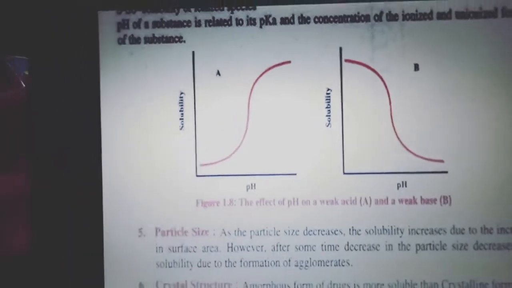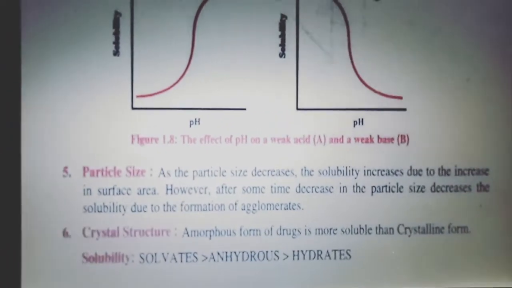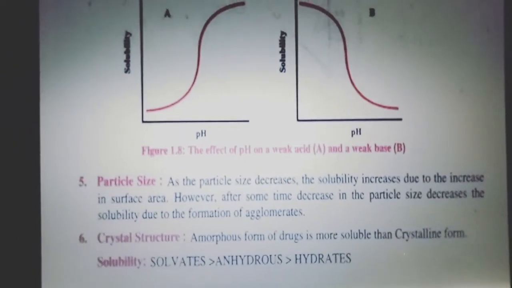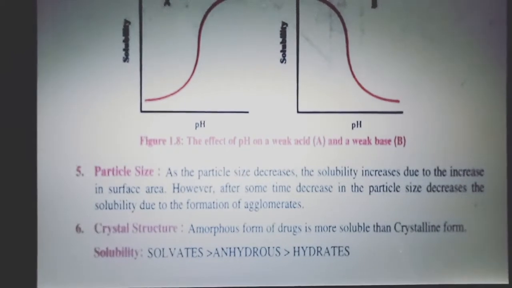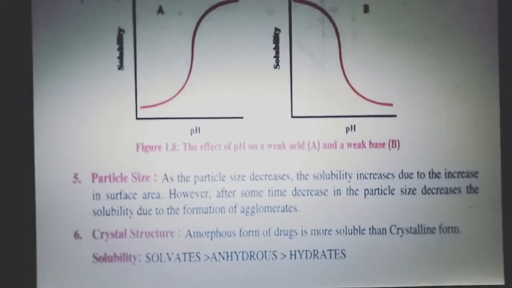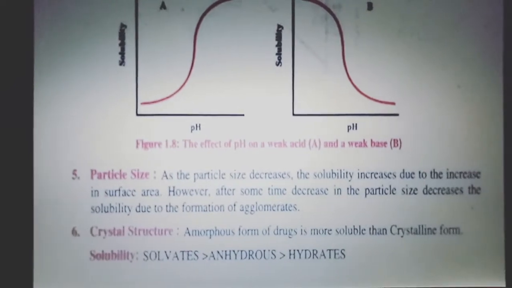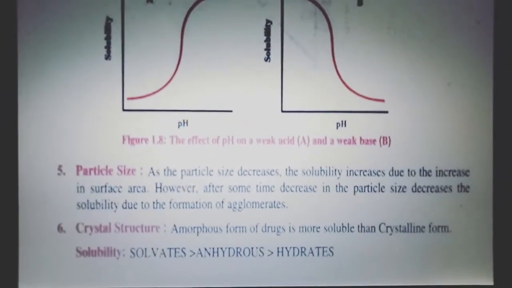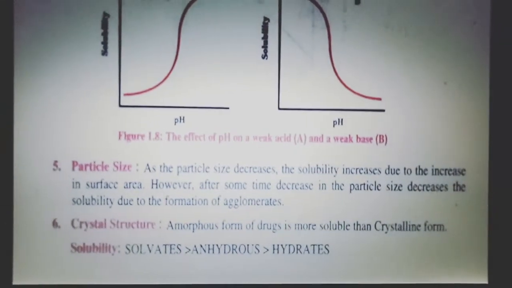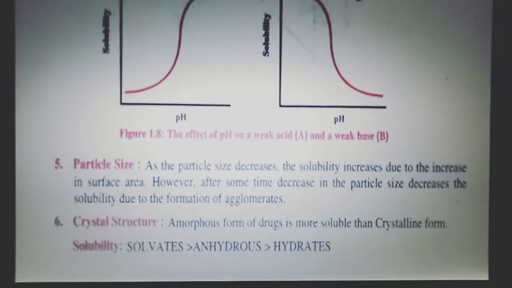Okay, the fifth factor is particle size. As the particle size decreases, the solubility increases, due to the increase in surface area. Students, you already know that the smaller the particle size, the greater is the surface area and greater will be the solubility. However, in some cases, decrease in the particle size decreases the solubility due to the formation of agglomerates. Agglomeration is